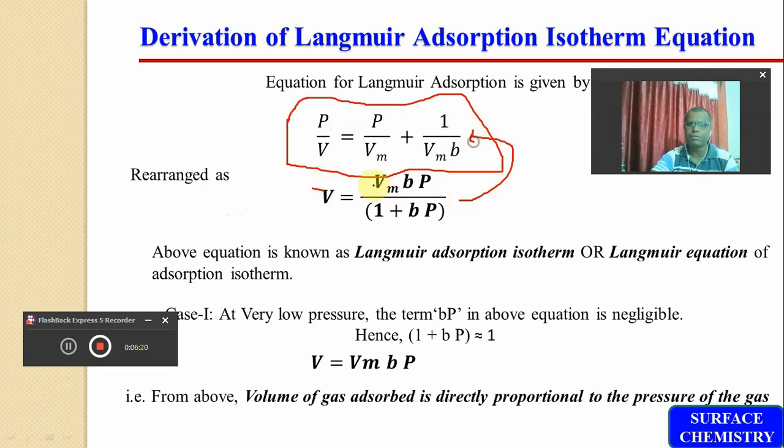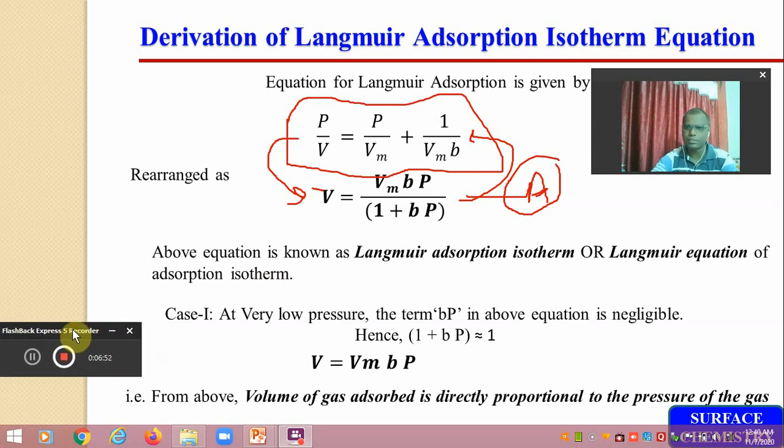equation that V is equal to Vm into B into P divided by 1 plus B into P. It means that we can again write this equation in this form: V is equal to Vm into B into P divided by 1 plus B into P, and this equation is simply called the equation for the Langmuir adsorption isotherm. Suppose this is the equation of interest. I'm going to consider this as equation A,